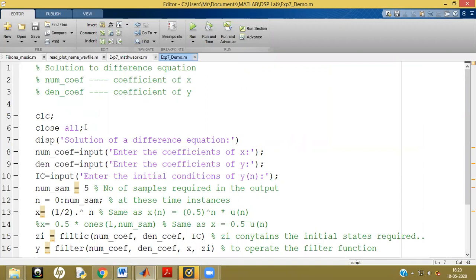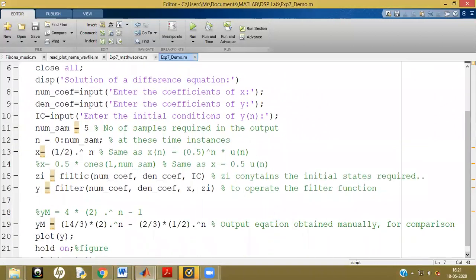So the first two three statements are all known to you. Then you are asking the user to input the coefficients. Okay, so you have to input the coefficients of a numerator and denominator. So you have to make a matrix, and you're going to give the inputs over there. Then initial condition like y of n was there. So what is y of -1, y of -2, and so on. So you're going to give the solution over there also. So you can input the initial condition,